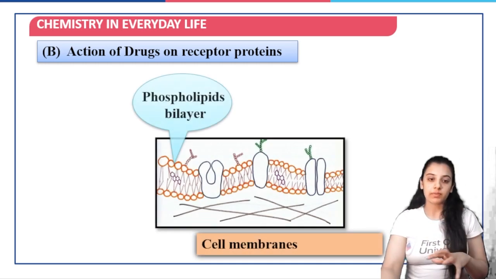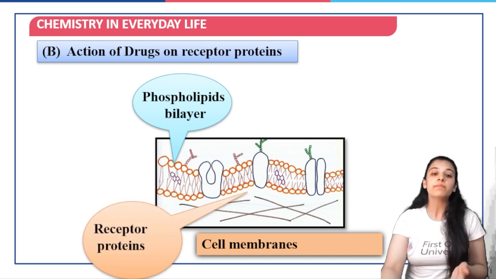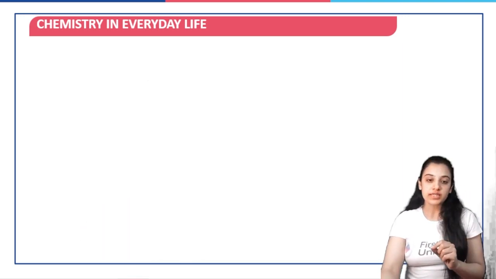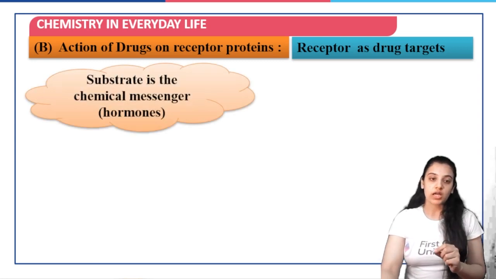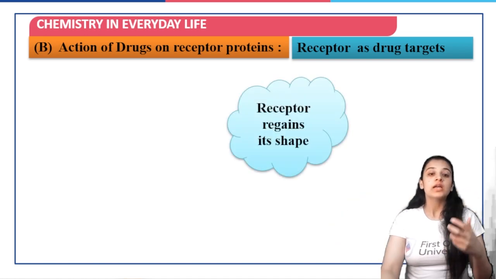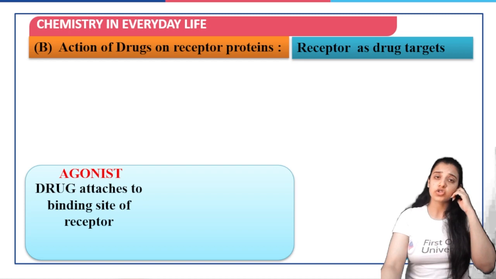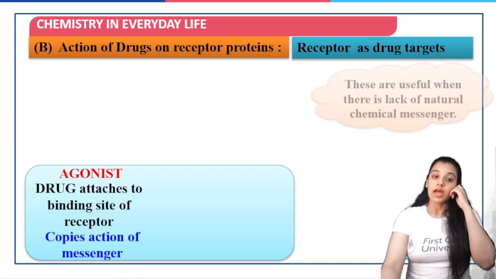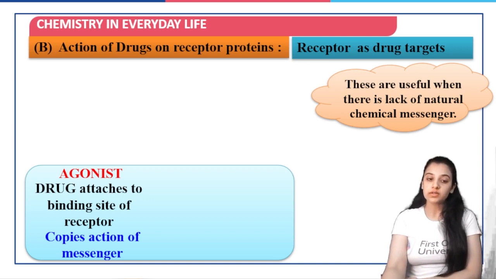Okay. So what is the action of drugs on the receptor proteins? If you have the cell membrane and you have the phospholipid layer, obviously you know the structure of the cell membrane, and in between there are receptor proteins that are present. When you talk about a receptor as a drug target, the substrate is the chemical messenger. Let us say these are hormones. Now the receptor is going to regain its shape. Now there are two things: one is agonist and the other is antagonist. Now what is an agonist? The drug attaches to the binding site of the receptor and it